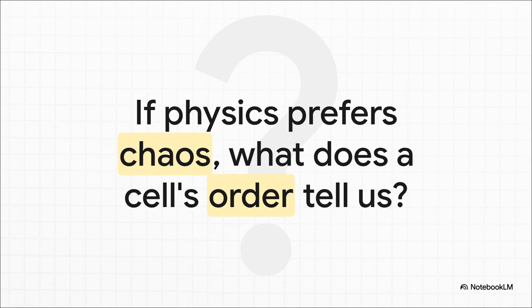Which brings us all the way back to our first question. A cell isn't defying the laws of physics at all. It's masterfully exploiting them. It uses a loophole to get a free wall, and then it builds this sophisticated energy economy to pay the constant tax required to maintain order inside that wall. So maybe, if the universe's destiny is chaos, then the very definition of life is its stubborn, brilliant, and energy-fueled struggle to create a temporary island of order.